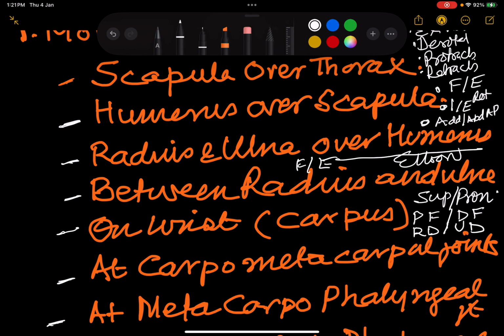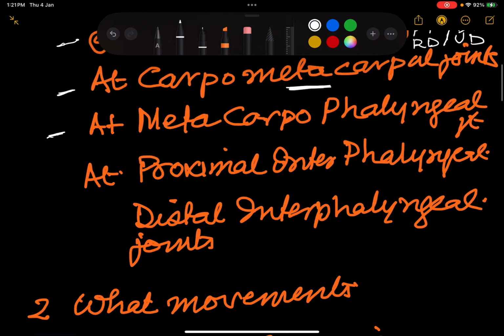So this occurs at the radiocarpal and the radioulnar joint. Now there are 2 movements that occur at the carpo-metacarpal joints,